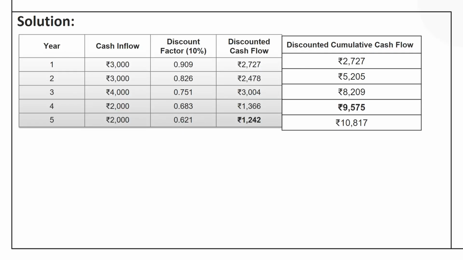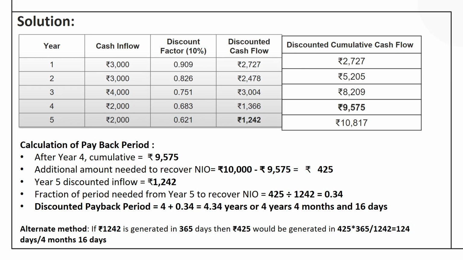What is the cash flow generated in the fifth year? It is 2,000. So, only a part of it would be needed to recover the initial investment outlay. Let us see how this process is completed. After 4 years the cumulative cash flow is 9,575. The additional amount required to recover the initial investment is 425. Now, since in the 5th year we are getting 2,000, the year 5 discounted inflow would be 1242. So, this is the discounted present value of the cash flow generated in the 5th